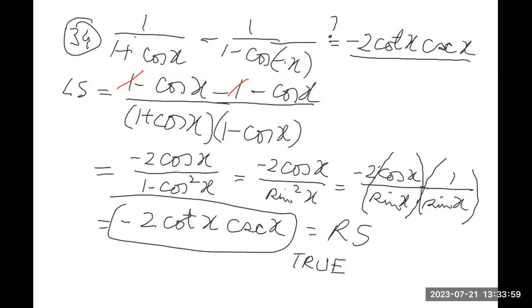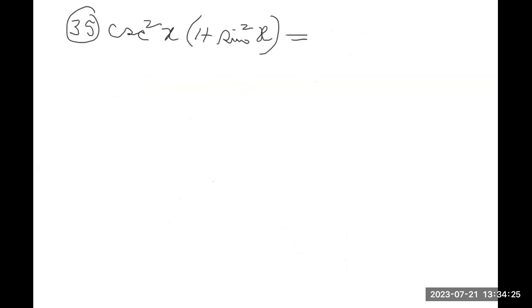The last two problems are also similar. You're given an equation and you have to determine if it's a true statement or false. So this is number 35. Cosecant square x times 1 plus sine square x. Is it or is it not equal to cotangent square x? So we start on the left side